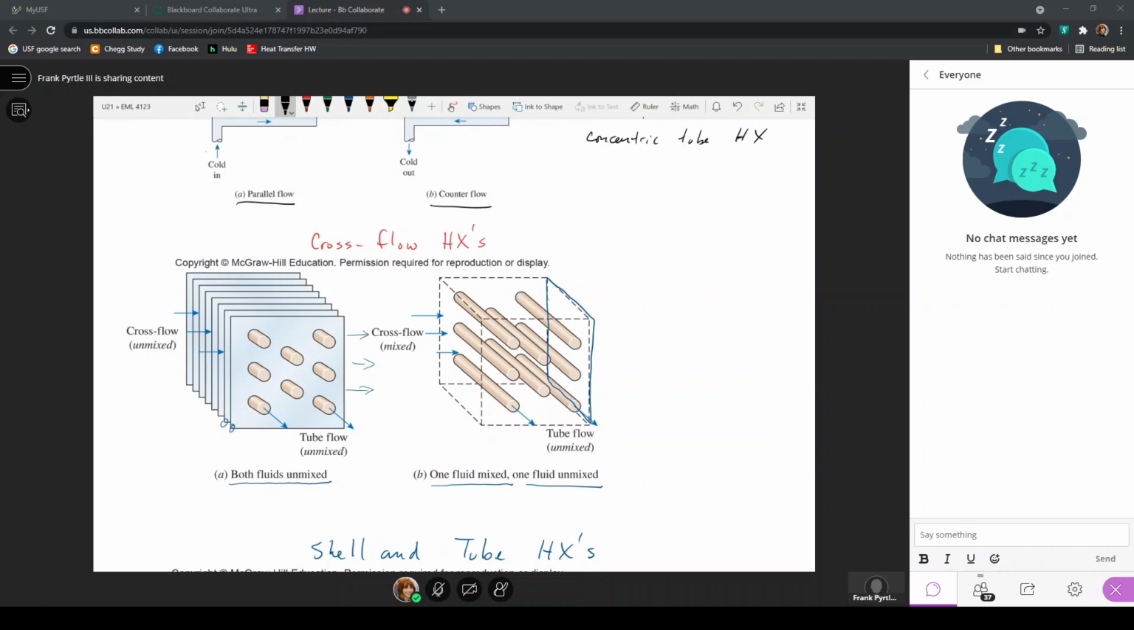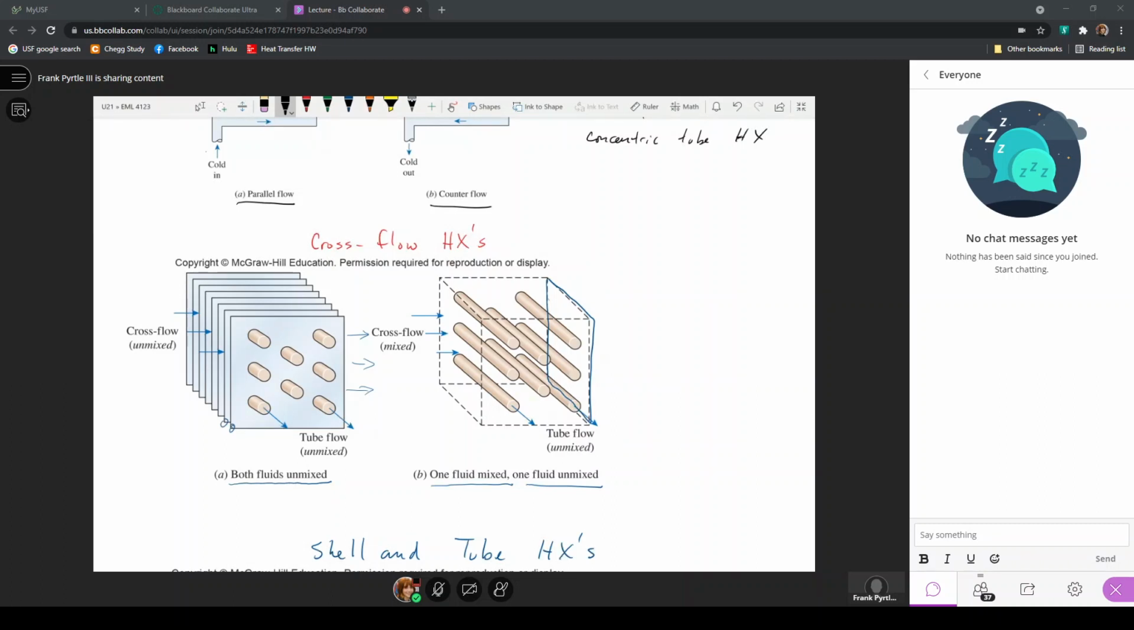Now, these designations are important because some of the expressions that we'll use to calculate heat transfer rates or performance, or maybe to calculate a temperature, the definition of the relationship between the heat transfer rate and the temperatures that will exist in the fluids is going to be based on the type of heat exchanger it is